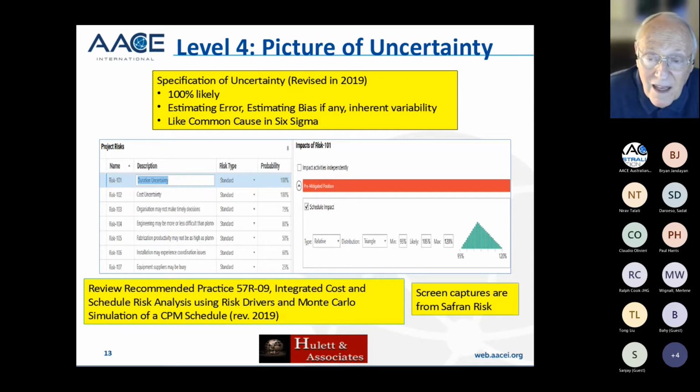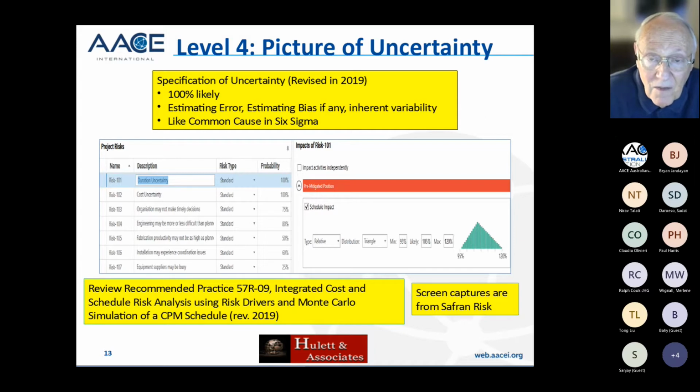The idea is that when applied to the durations, either of, say, all site work or all finishes, for instance, or all procurement, or all piping, you will end up saying, okay, what are those activities? And you might say, hey, it could be as much as 5% lower. It might be 5% higher than in the schedule. It might be as worse as 120% of the schedule duration. And those numbers are applied across the board.